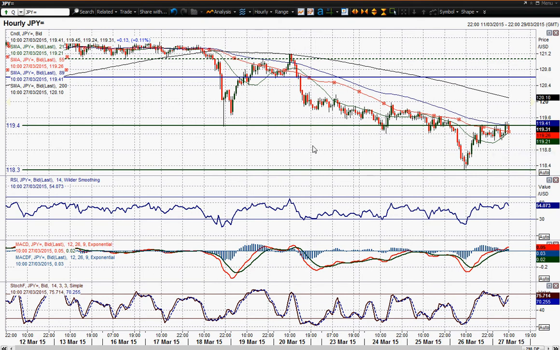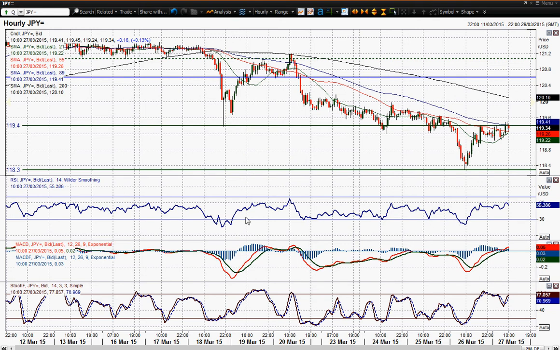I think this 119.40 level could again be a bit of a key indicator, as I thought it was to the downside. It now becomes one to the upside, because the market's opinion of the dollar has started to improve. So I think a move above 119.40 and holding above it, and maybe pushing towards 119.65, and then subsequently above this peak at 120 figure, I think that would suggest that the dollar bulls are back in control. But at the moment it's still up in the air whether that's actually going to be the case,